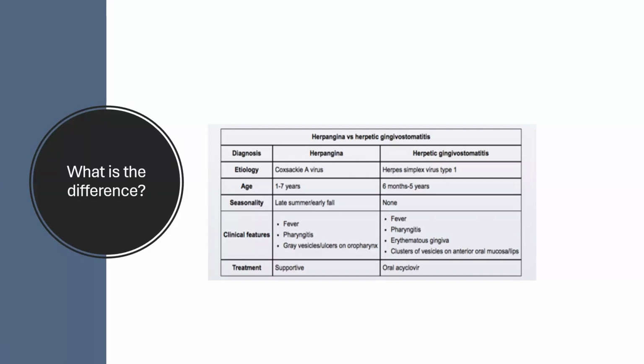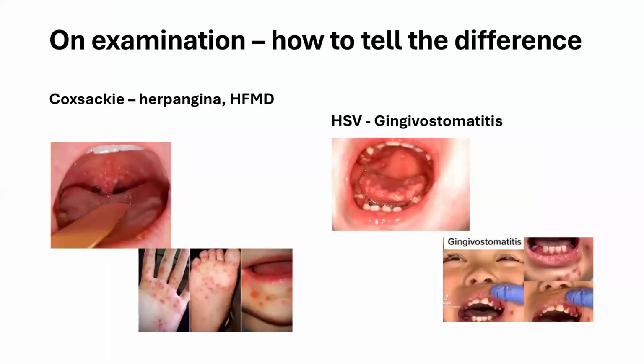And then you might want to give acyclovir. So this is typically what we see. You must get a good look though. So that would be herpangina, which is just the mouth. The hands and feet are spared. And then hand, foot, mouth, you will typically see the lesions. And in herpes, you're going to see a lot more anteriorly and possibly involving the gums, and might even see 1 or 2 lesions around the mouth. In hand, foot, mouth, you might also see some lesions around the mouth,